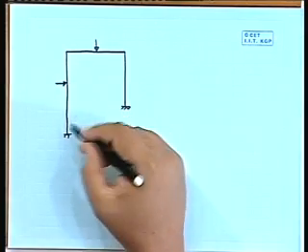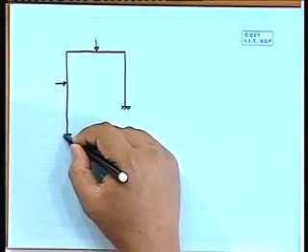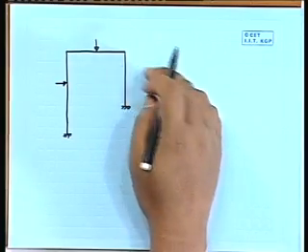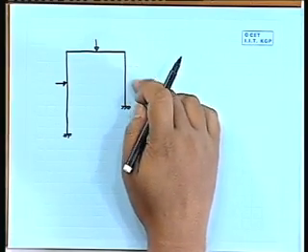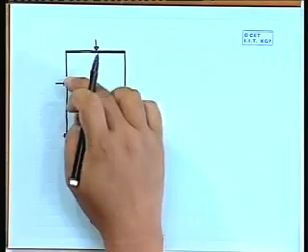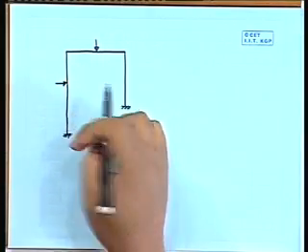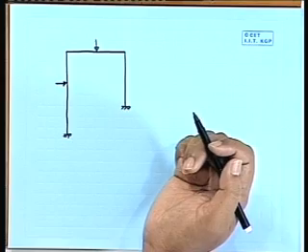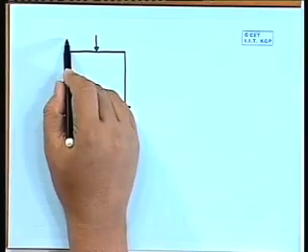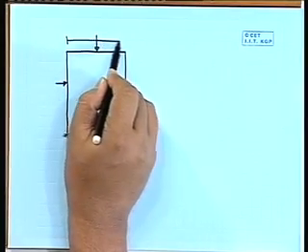This leg was quite long compared to the other leg. The right side leg had a height of 5 meter, and on the left side above the load it was 3, below that it is 4.5, so total 7.5, and the horizontal member was 6 meter. So if I put the dimensions here,